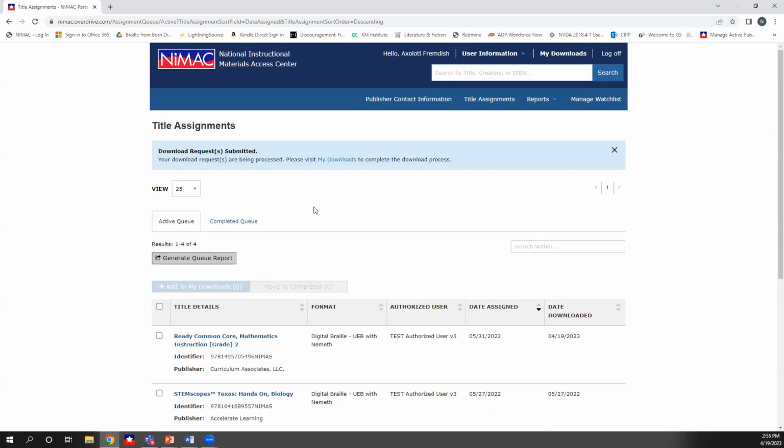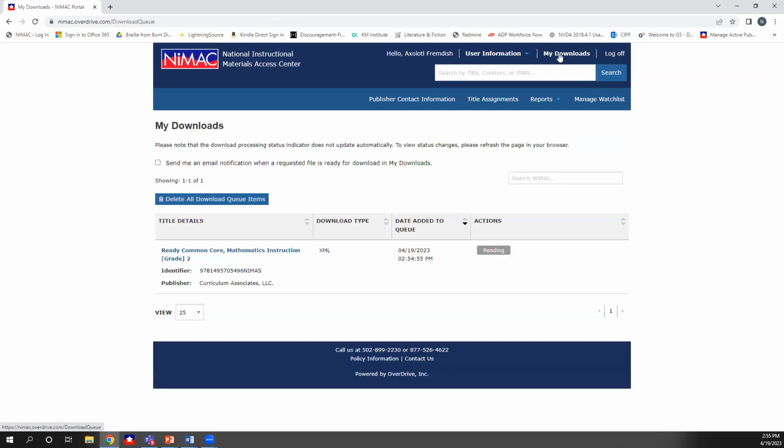Now, you may be thinking, this is very interesting. Why do I go to a different page to complete the download? And the reason for this, and we're going to click on My Downloads to go to the page, is that at the point when you request a download, there are several things that happen. On the server side, the server's pulling that file and duplicating it. And then it's also fingerprinting and watermarking the file. These are all steps that, depending on the size of the file, can take a few seconds.